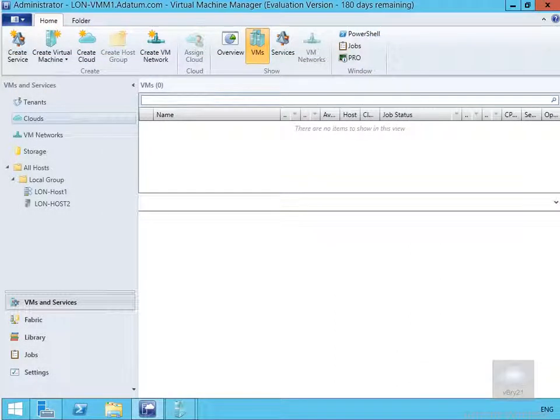In this demonstration we're going to look at creating a cloud from a host group. So we're going to see how to create a private cloud by using the Create Cloud wizard. As we're creating a private cloud, one of the benefits is that the organization has complete control over the cloud infrastructure and services it provides. However, the organization also has the management overhead and costs that are associated with this model. But to be honest, we have an IT infrastructure anyway, so all we're doing is moving it from one